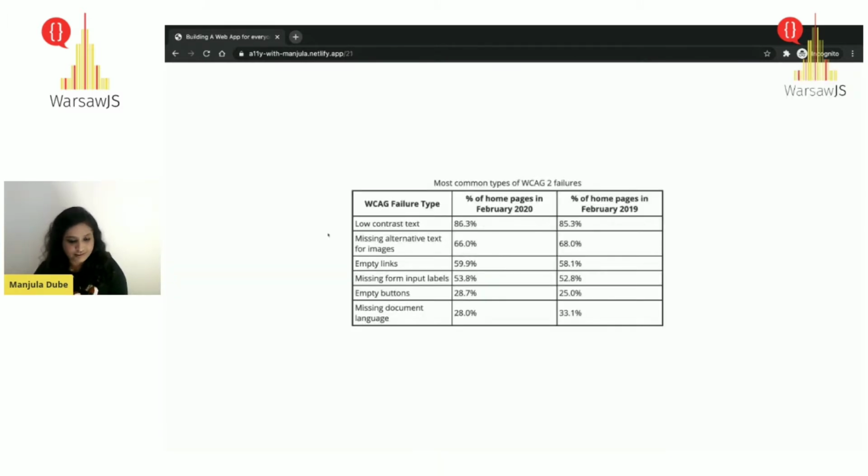Most of the top websites failed on minor issues, for example, no contrast, empty links, empty buttons, missing alternate text for your images. So these were the things that this company found out. It was an amazing report, actually, but to be honest, when you think of accessibility, it really is not a very good report.